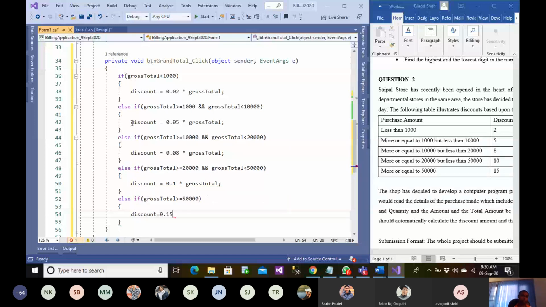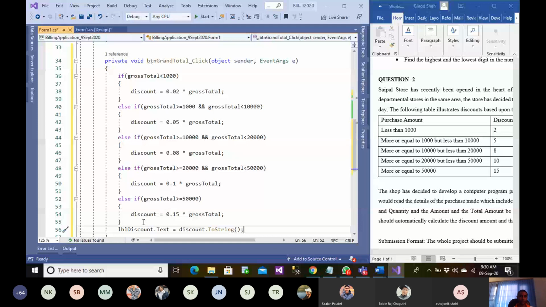So we calculated discount and we want to populate the discount onto the label control. So lblDiscount.Text will now be equal to discount.ToString, and we also want to calculate the net amount.